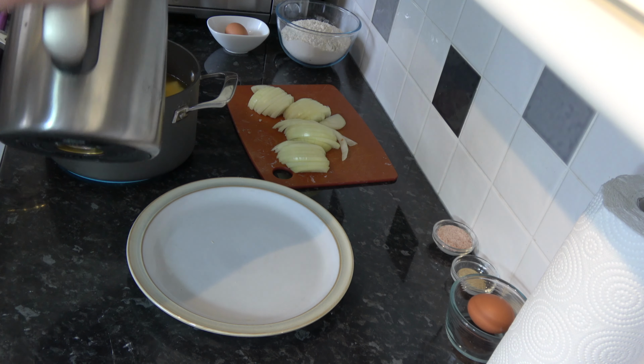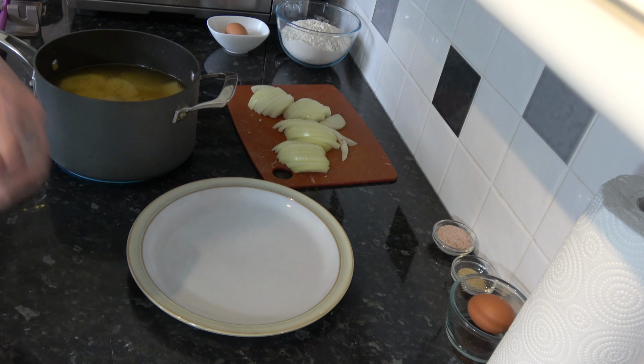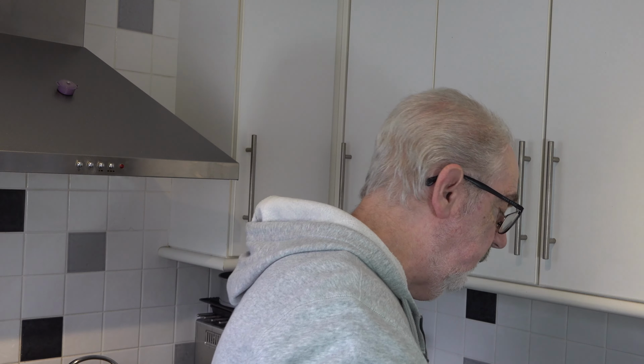What I'm going to do is put those onto my stove, and I'm going to bring them to the boil and then just simmer them gently, covered, until they are tender. So probably about 10 minutes. I want them to still be able to be picked up and retain their shape, but just until they're tender. And while the potatoes